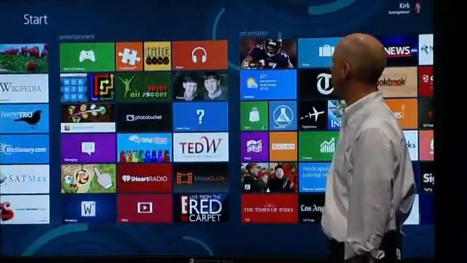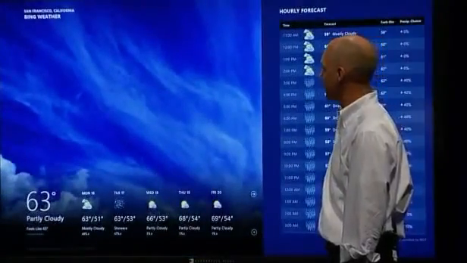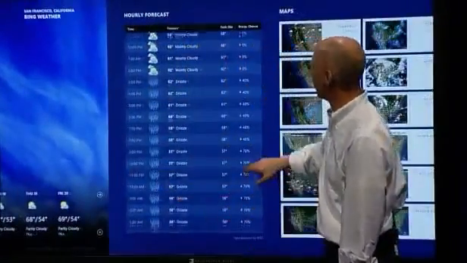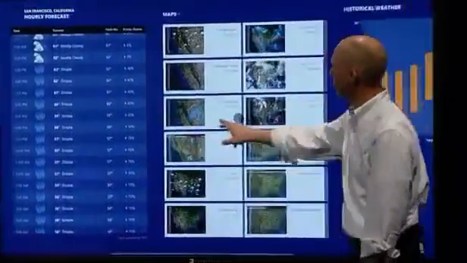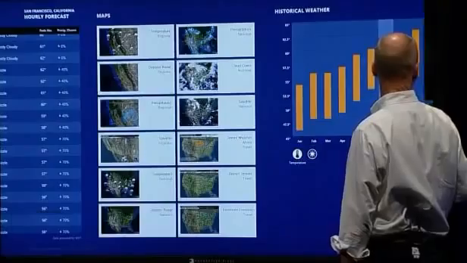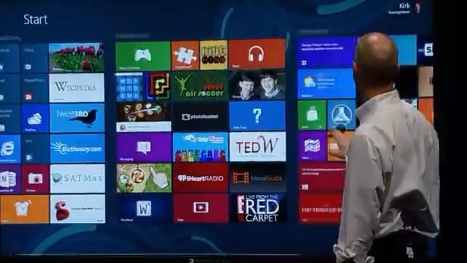I'll pull up the weather application. This is Bing Weather for San Francisco. I could do a little Al Roker here. Go to slide across. Let's look at the hourly forecast. Things like maps, temperature, and so forth. We pick a different app quickly. We'll pick the